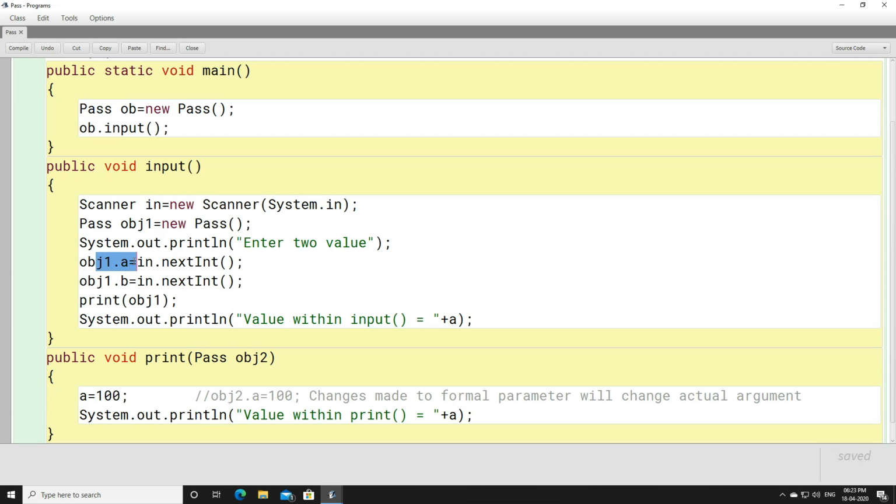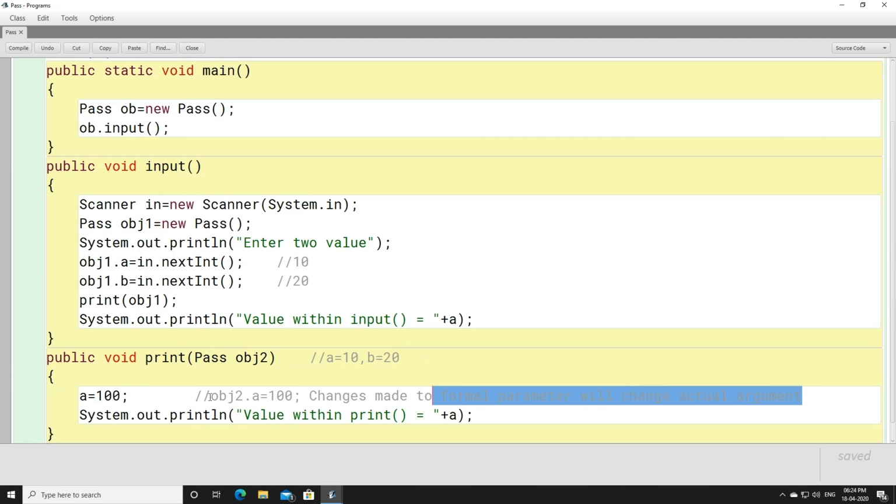So if for obj1 you have stored 10 to a and 20 to b, then here a will have 10 and b will have 20. For obj2, the value of a will be 10, the value of b will be 20, because you are copying an object.